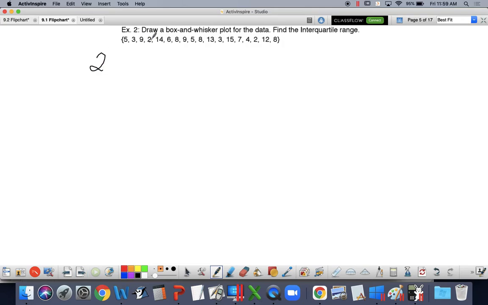I'm going to kind of cross out as I go. And it's really easy to make a mistake. I could also put some of this into my calculator to double check, but I'm just going to have us do some of this by hand. We got 2 5s, got a 6.